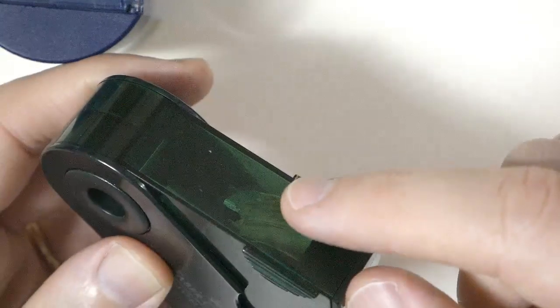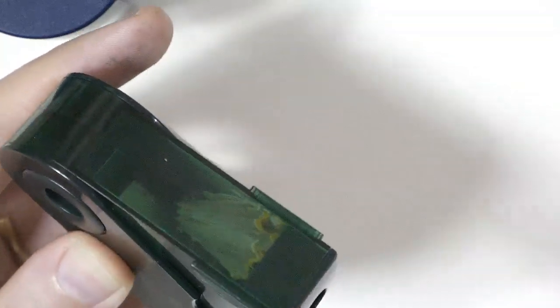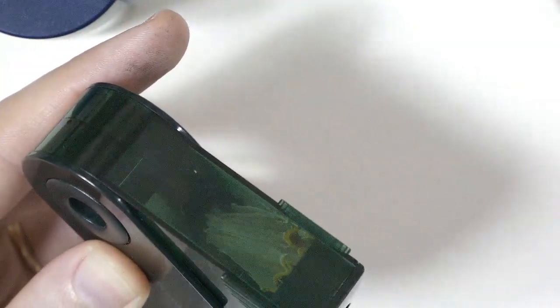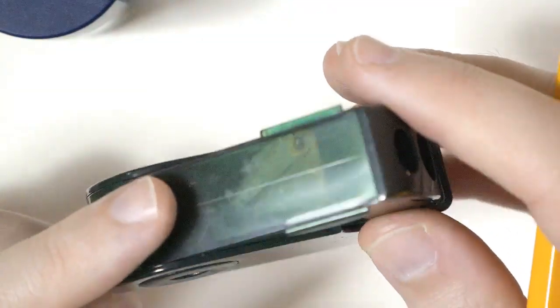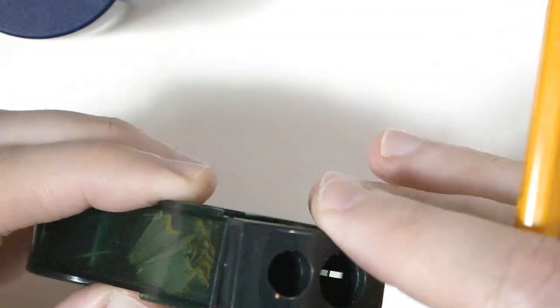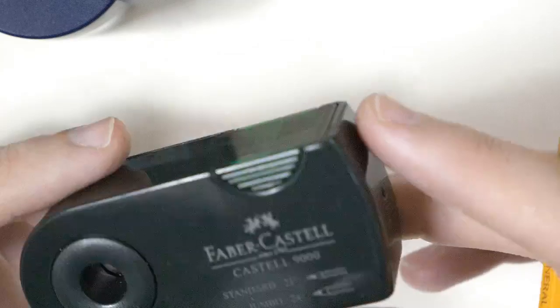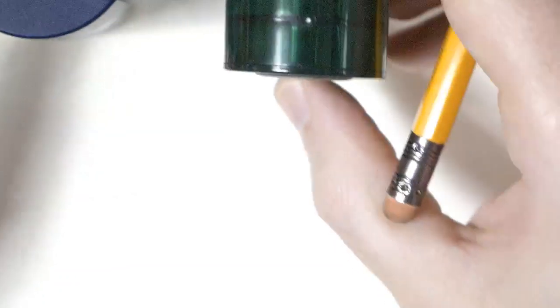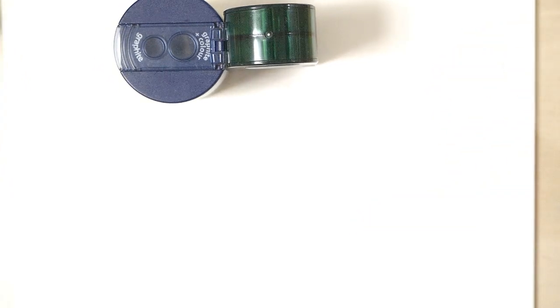The other thing is that if you use it, you can see that the pencil shavings gather here, and they don't go down in the case, so you have to pull this part out and put them down and put this back together almost each time. This is also not really good design, so I was compelled to search for something that would be better, and I don't know if I already found it or not, but what I have been doing